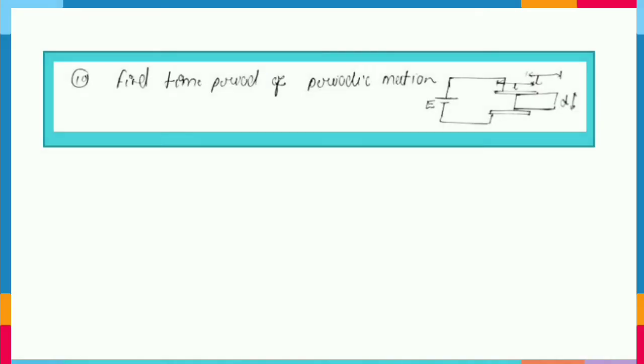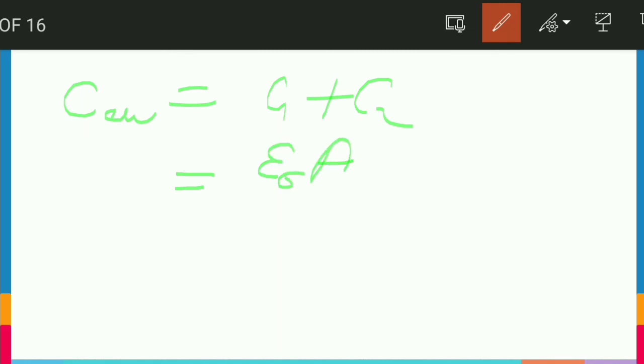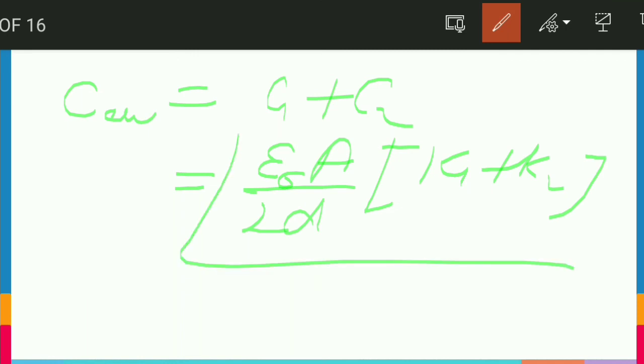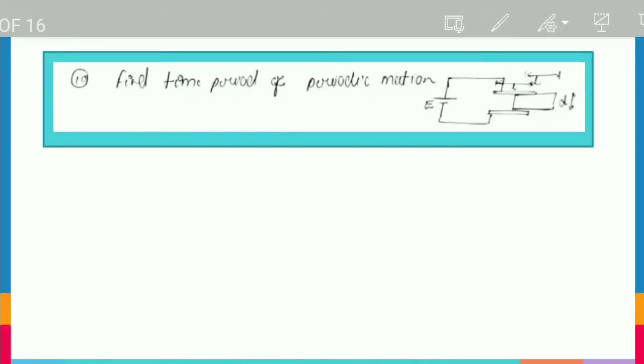So now let's calculate for the second case. Actually we have missed a page, so let's move to this slide. Yes, friends. For the second case, we have seen that the areas of the two plates were half, and D was the same. So again, we can write C1 plus C2. What we can take out common, friends? Epsilon naught A by 2 is common, and D is the same. So in the bracket we will get just K1 plus K2. So this is our answer. So friends, I hope so.